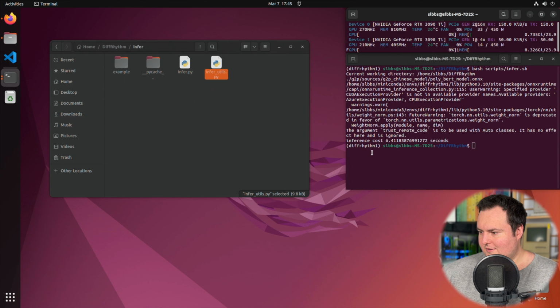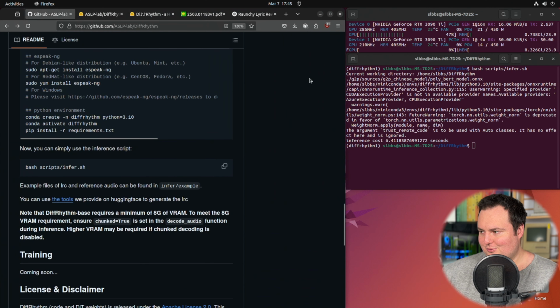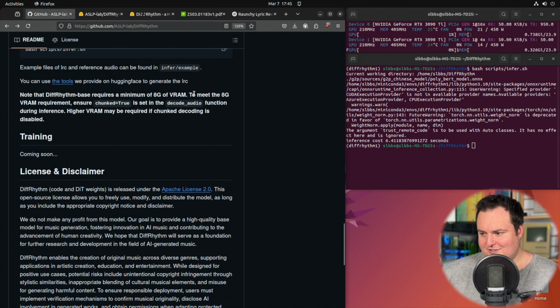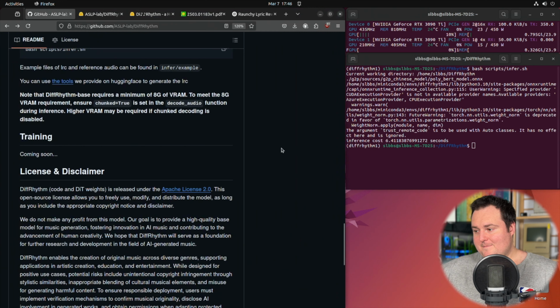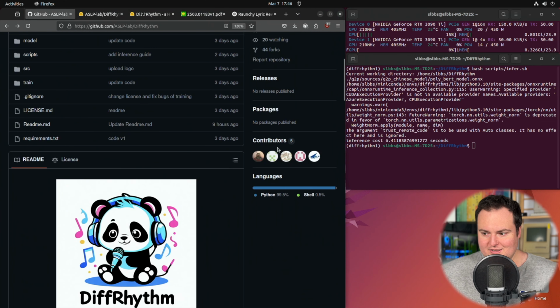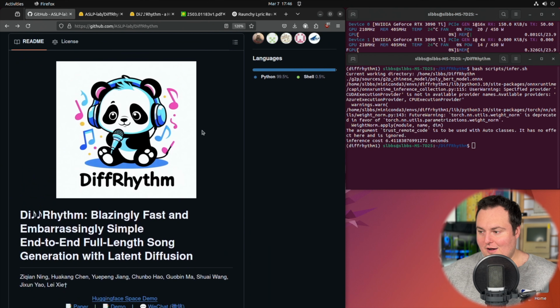Okay, so that didn't seem to work, and I'm not quite sure why, because it jumped to like 23 at the end. Unless it just takes up as much as it has available to it, which may be a possibility. So I would say if you have a 12 gig or a 10 gig card, just try setting that to true in the decode audio function, which was in that script we edited, info-utils.py. Really, that is going to conclude our look at DiffRhythm, which in my opinion is a fantastic offline